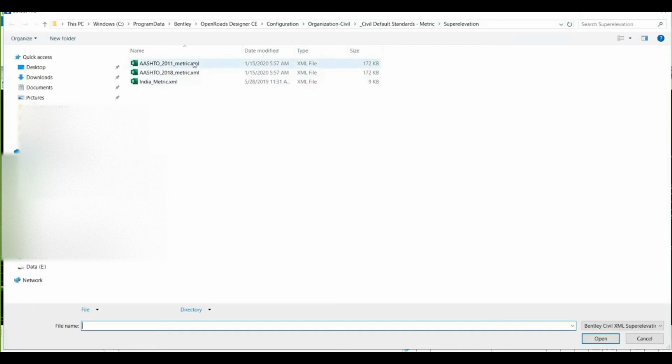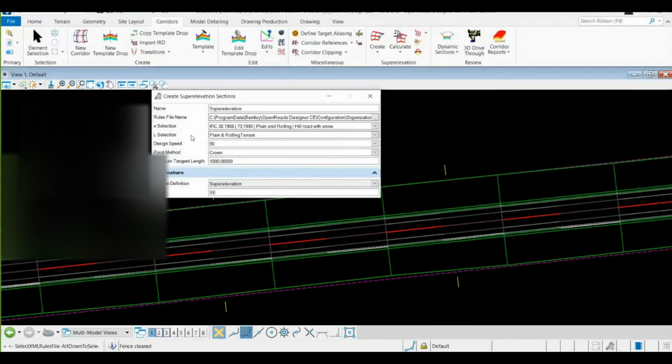By default we have AASHTO 2011 and 2018, but when you install India Kit, India metric XML will be available for you as a super elevation file, which contains all the standards of super elevation from different codes. You need to select this and simply click open. As soon as you open it, you can see within the E section a list of certain codes.